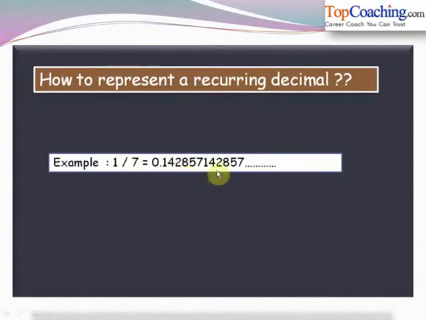Now again, how to represent this number? What we do is we write 0.142857 and again we place a bar above 142857. This is a block that is repeating, so we place a bar over this entire block, and this represents that 142857 keeps on repeating itself after a fixed interval. So this is the way to represent a non-terminating but recurring decimal. That is, we place a bar above the number or above the block of digits that keep on repeating themselves after a fixed interval.